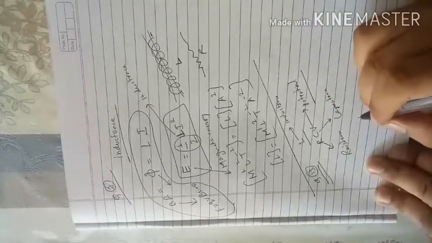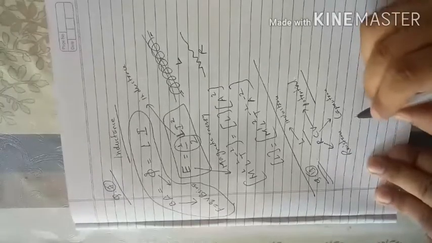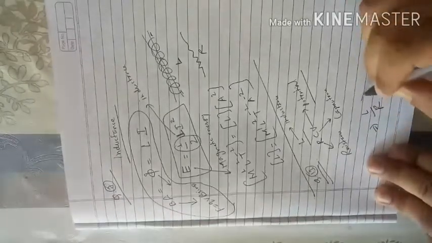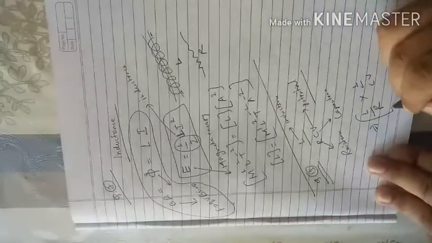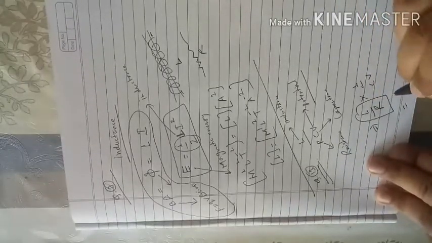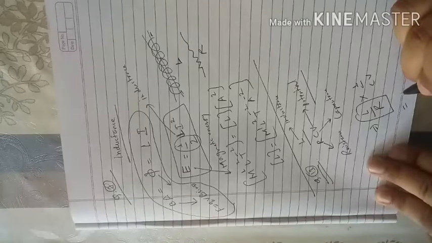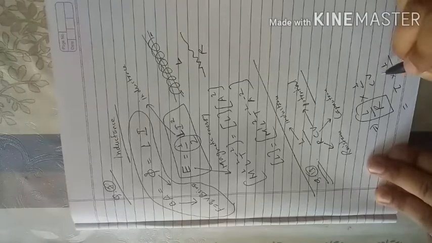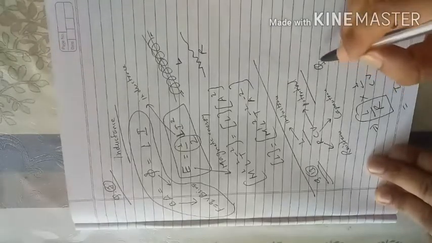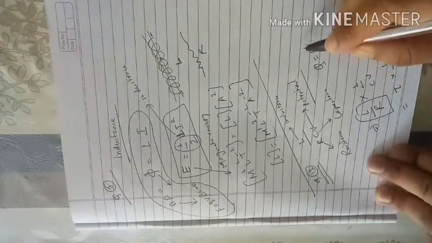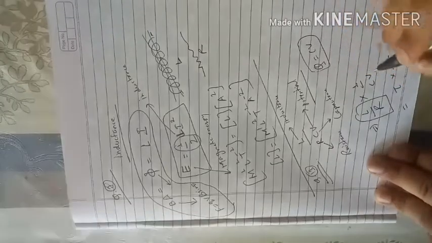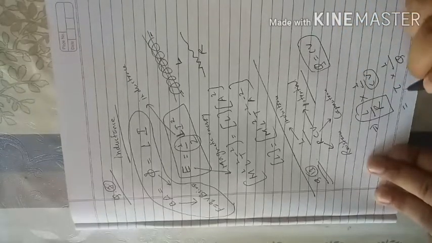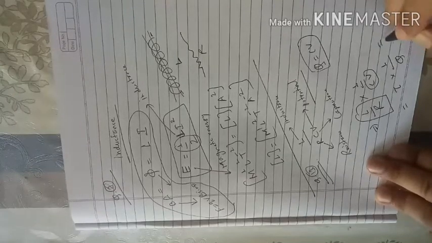Talking about L by RCV, I'll just tell you that this is L by R into 1 by CV, this is one more formula. L by R is the time constant, which we'll discuss in the magnetic effects of a wire. So this is the time constant, tau, and CV is basically charge, because Q is equal to CV. Charge stored in a capacitor is capacitance into potential. So we can replace this by Q. So time constant by charge. This is tau.